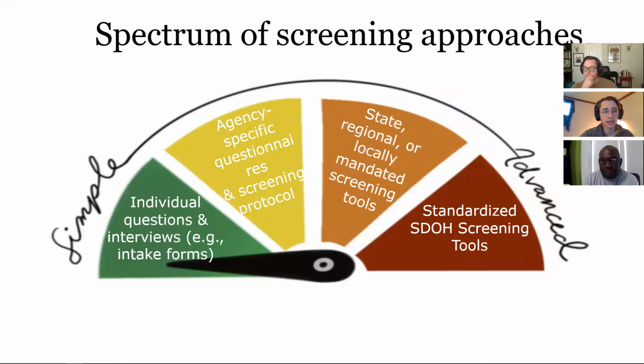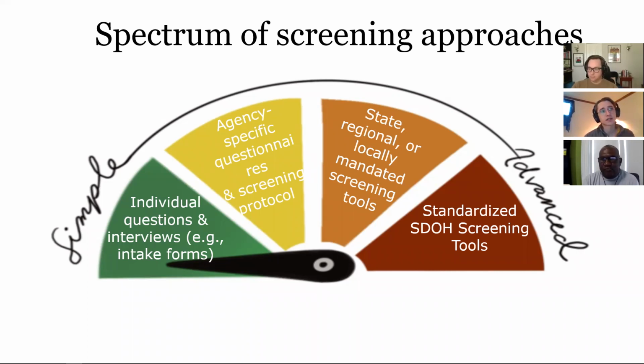So let's talk about SDOH data and how it's actually collected and what that looks like in the health center setting. And importantly, how folks are already doing this in the health center setting. So as I alluded to in the previous slide, there's an enormous spectrum in how service providers are gathering data. And this is definitely true for health centers who really gather and use SDOH data in unique and different ways.